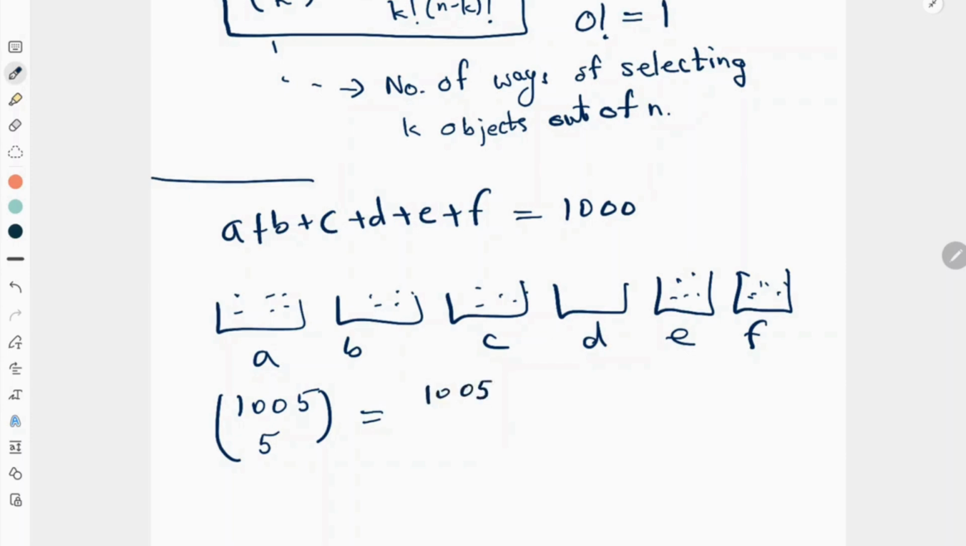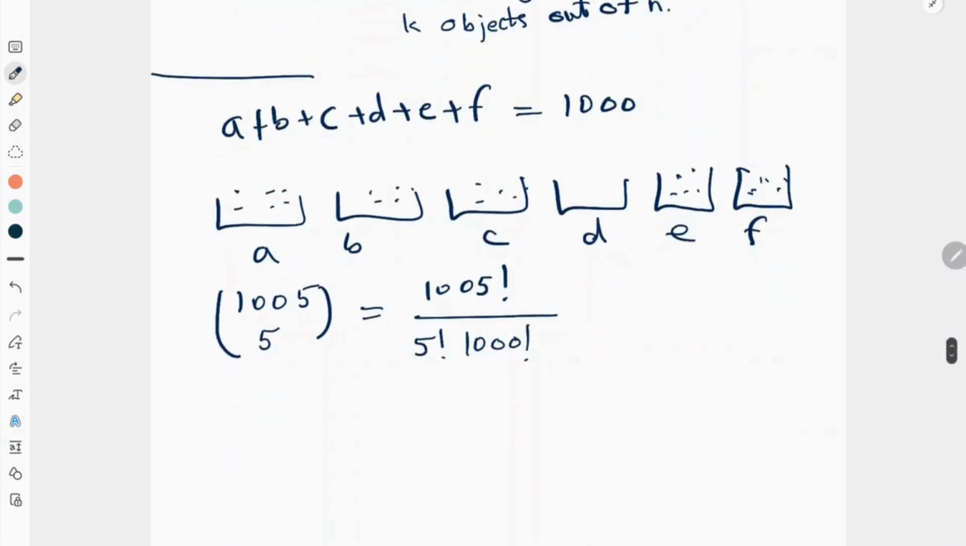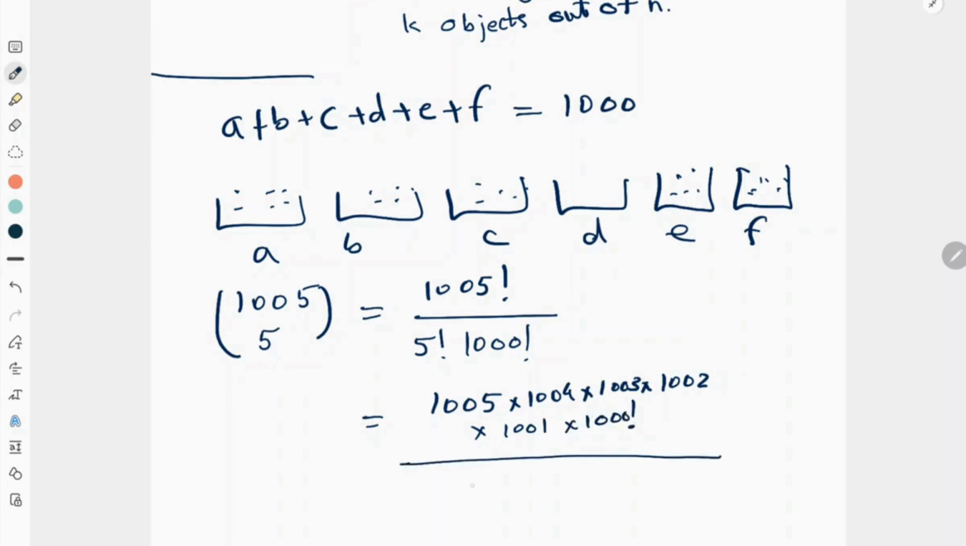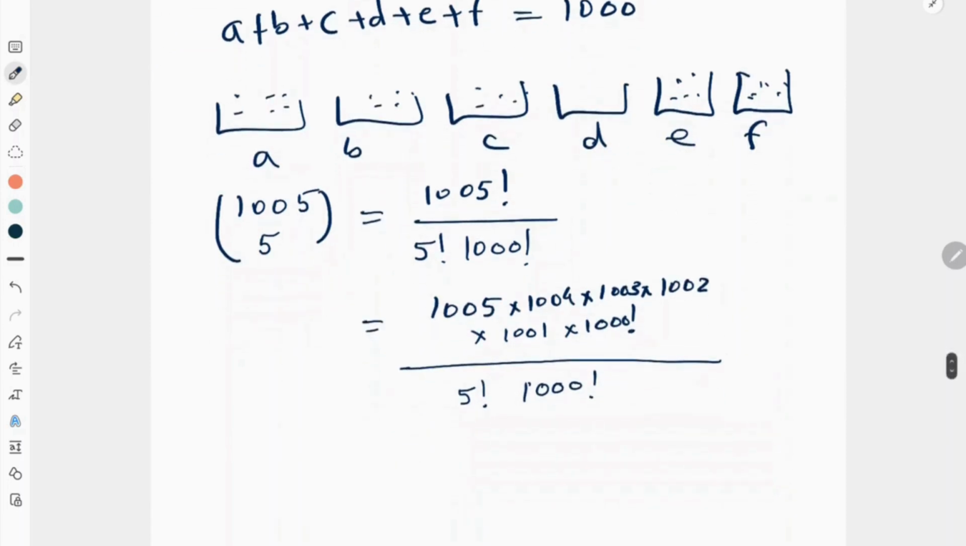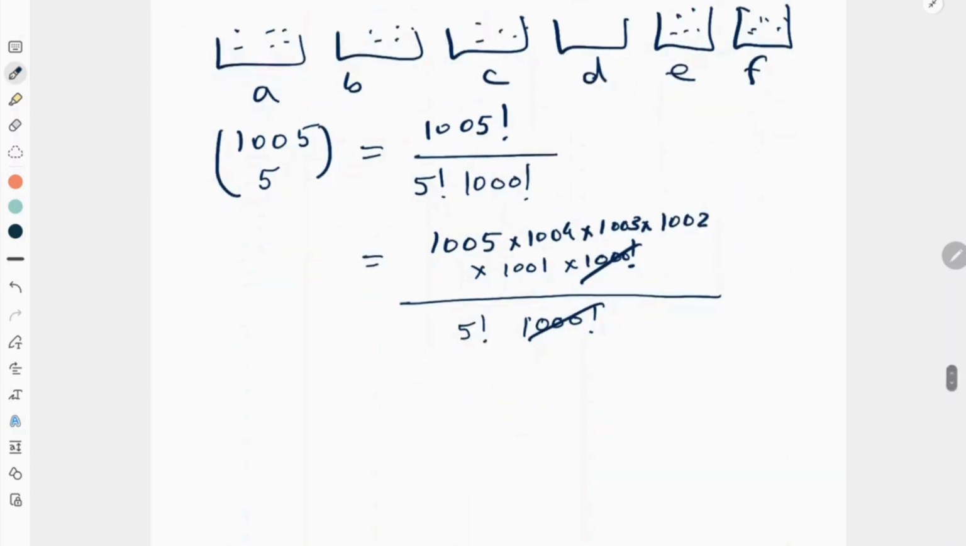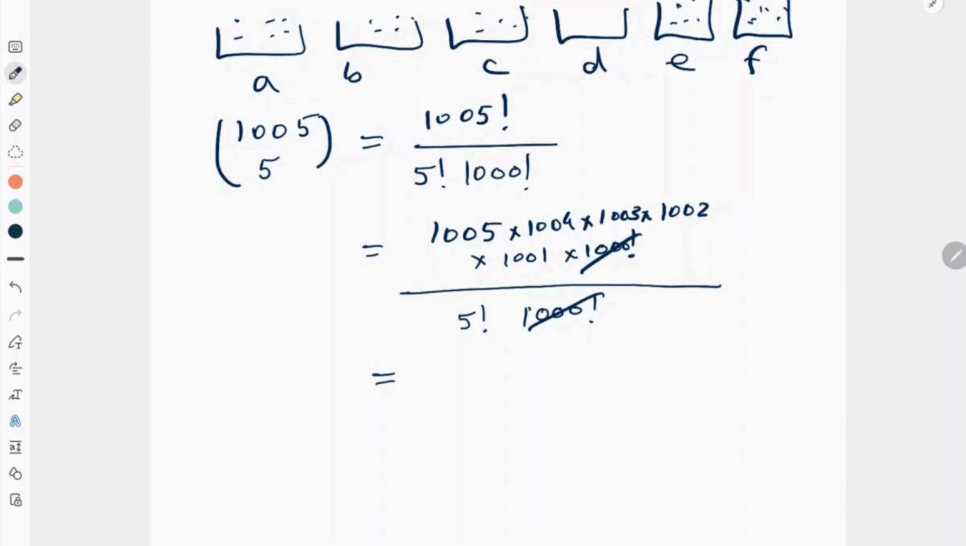1005. I'm going to show you one nice trick here. Using the formula, it will be 5 factorial times 1000 factorial in the denominator. So this comes out to be 1005 times 1004 times 1003 times 1002, just bear with me, times 1001 times 1000 factorial, right? So this 1000 factorial can be cancelled with the denominator, times 5 factorial times 1000 factorial. So you don't need to actually calculate 1000 factorial, which is again a massive number, but you can just cancel it like this. So that's the trick. You don't need to calculate all these factorials. You can just divide